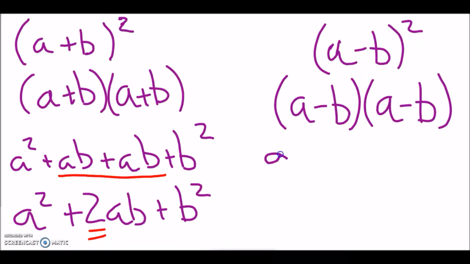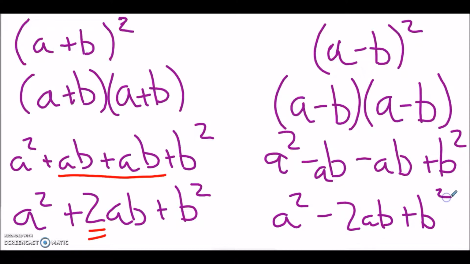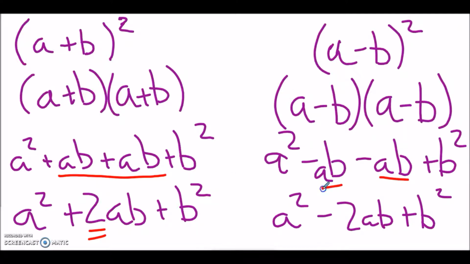So then this would be a squared, outer, negative ab, inner, negative ab, last, positive. Negative times negative is positive b squared. So again, we get a squared, this time minus 2ab plus b squared. And again, our middle terms are the same, so it just doubles. A minus because our problem had a minus. And they call these special cases. Don't really have names for them, but